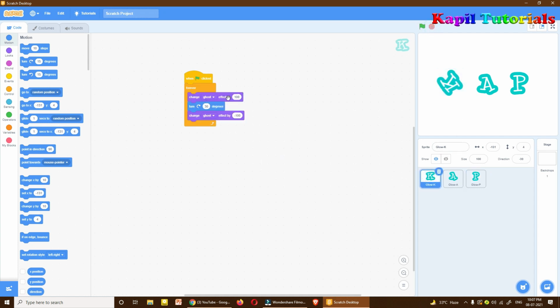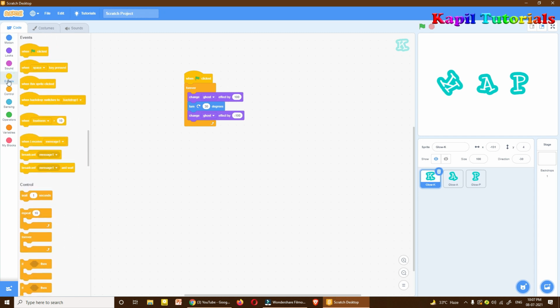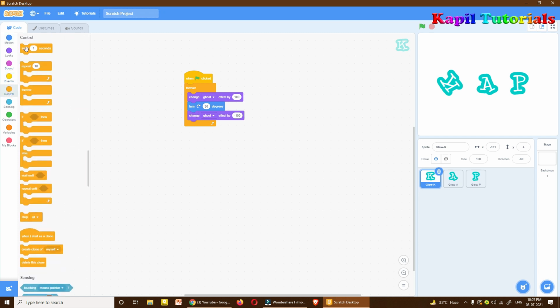because I can't see the ghost effect. Okay, so what I have to do, I have to put a wait command in between. The wait command is here. I'll put the wait command here.